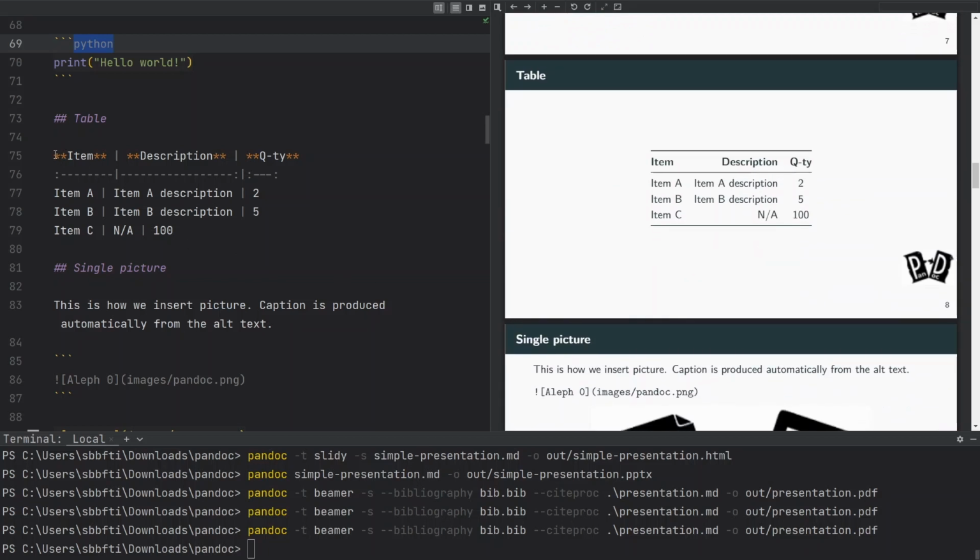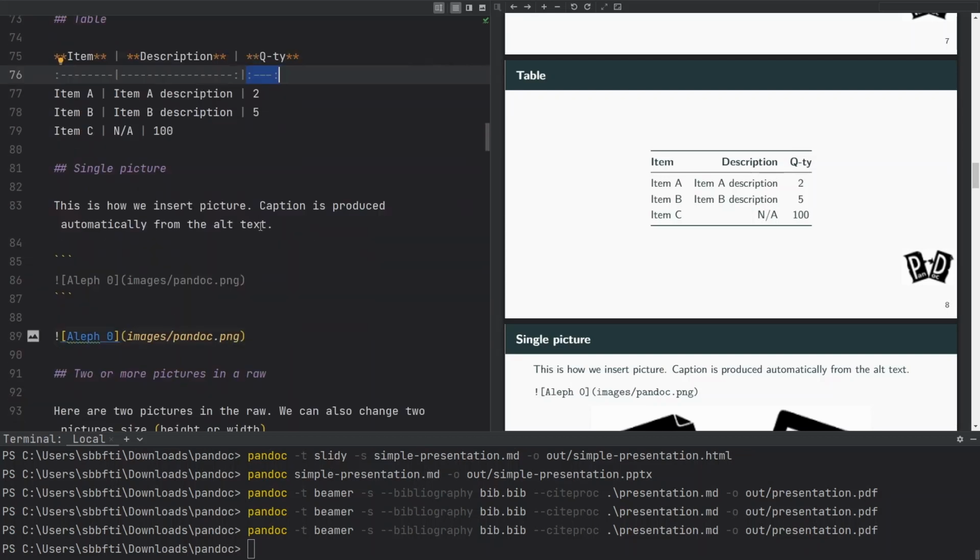So in Markdown you just have to have the heading, a space, a vertical bar, another space, and you have the 3 headings, and then here it tells how the text is aligned. The first column is left aligned. The second column is right aligned because we have a colon here, and then we don't have a colon here at the end. Here we have a colon only on the right, so it's going to be right aligned, and the last column is going to be center aligned because we have a colon before the dashes and after. The number of dashes here is not important, so you can change that. And inside here we have all the items inside the column.